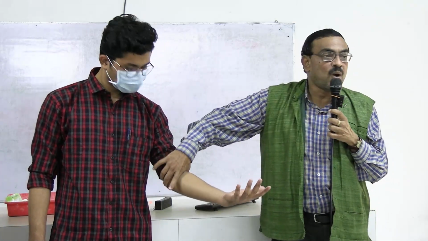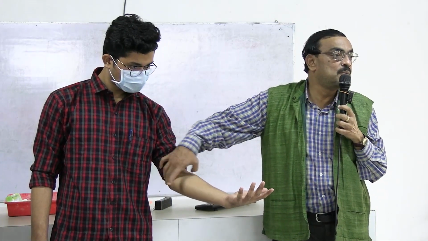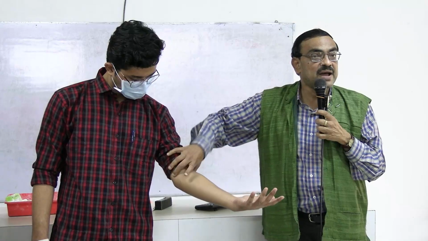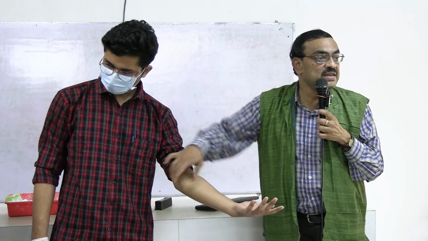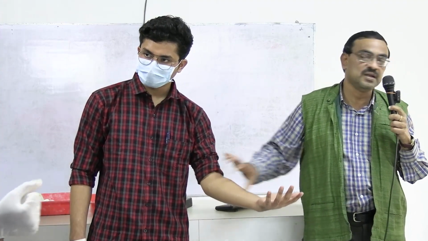So what is the level of the elbow? We can get it by joining the medial and lateral epicondyles. So we have to make a line. We have to go 1 centimeter below it, and over the brachial artery, we can put a point. This is the lower limit. Next,